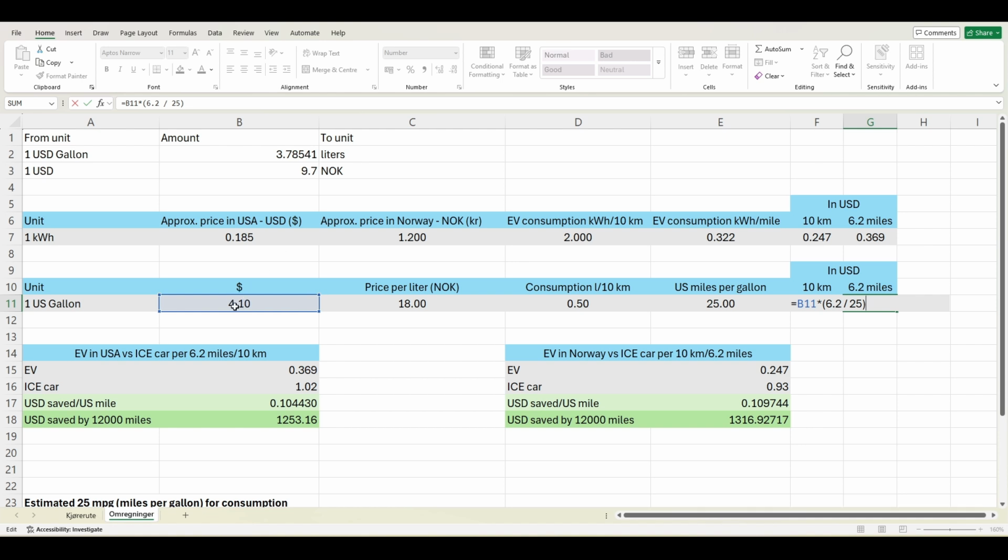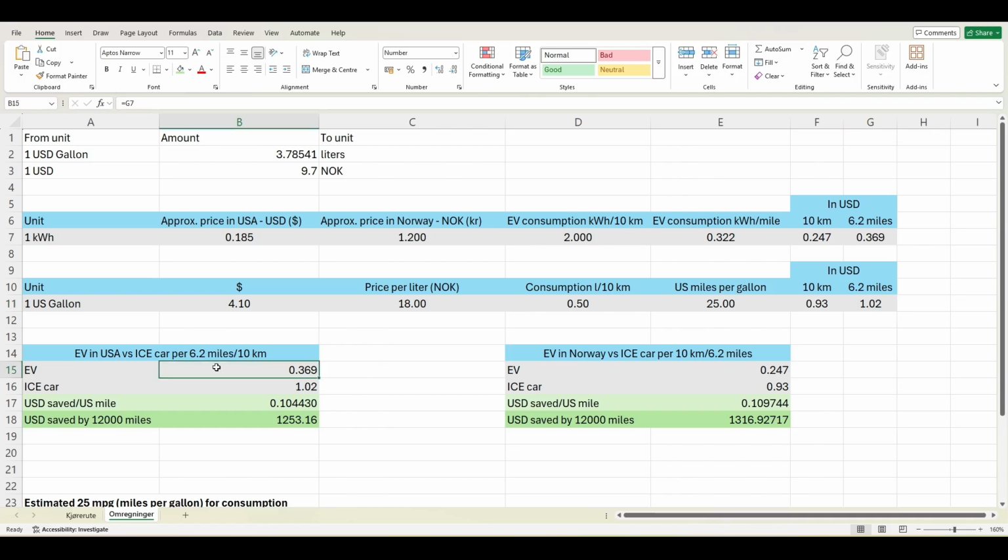So it is the price per gallon times 6.2 miles divided by 25. That's the calculation of it, to get it for about 6.2 miles. And then we compare driving an EV in the USA compared to an ICE car, and how much money you save per mile